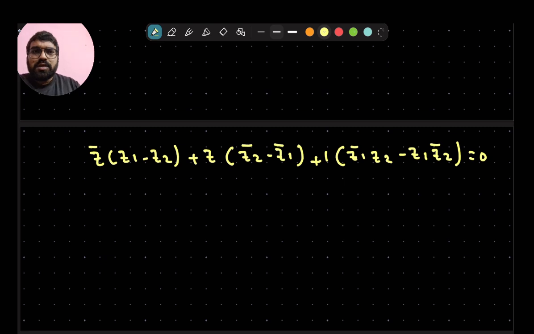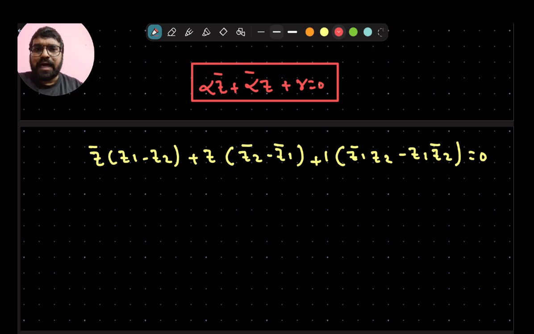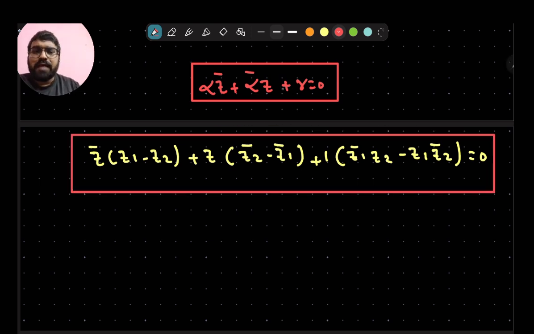All right. So coming to the point we started with in the starting itself, the expression we have written was something like this: alpha z bar plus alpha bar z plus r equal to 0, where I have mentioned that r will be completely real. So now we have to change this particular expression from the determinant value to something like this. In order to do that, we are going to use a few things, that is, since r is completely real, we have to focus on what is the nature of